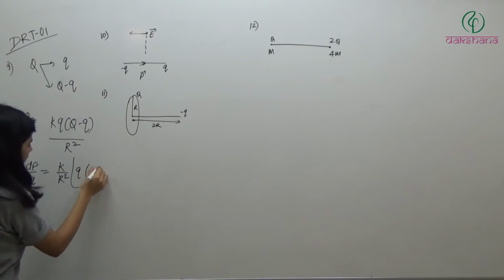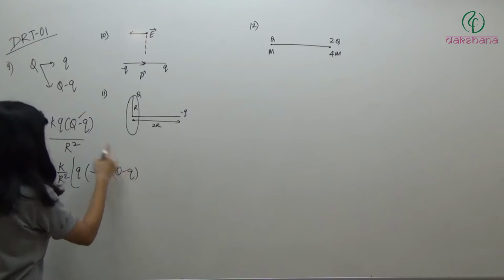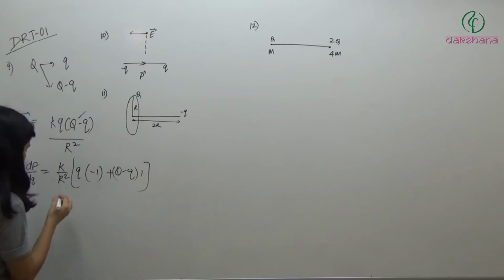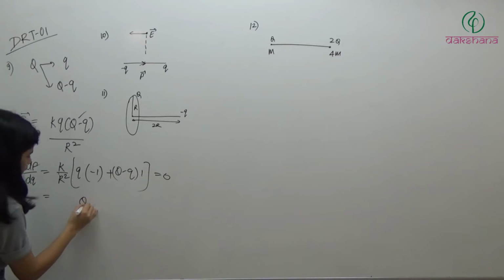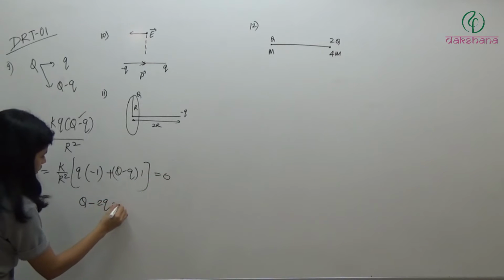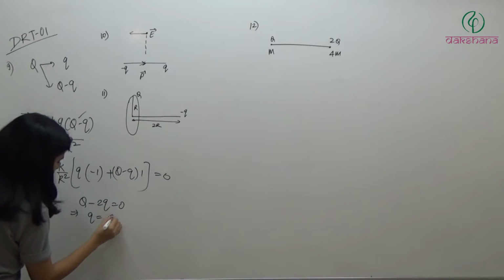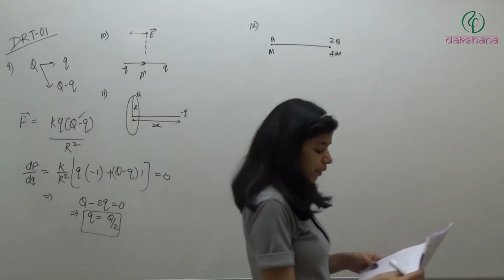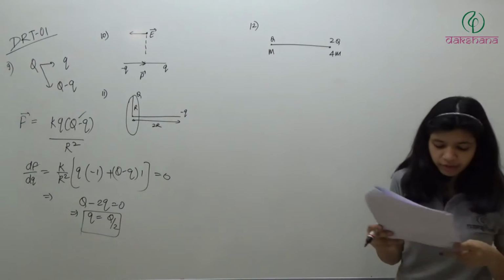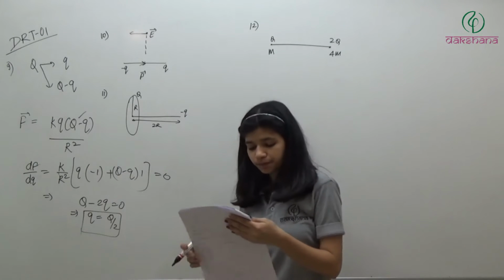So we will have Q minus q, and then minus 1 times q, keeping this constant and differentiating this, so we will have 1 here. So it will now be equated to 0. So what we'll get? Q minus 2q is equal to 0. It means q is equal to capital Q by 2. So when the value of small q is equal to capital Q by 2, the force between them will be maximum. Clear? So answer will be the second option.